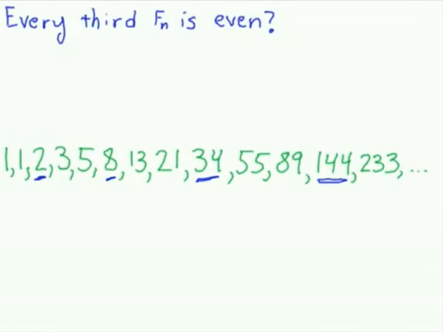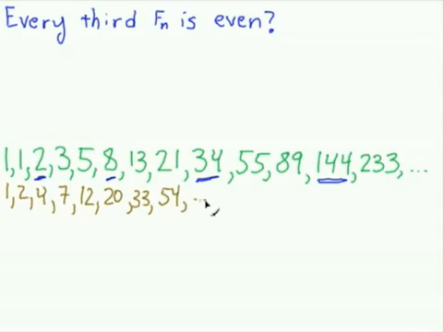Okay, here's another pattern that I can notice in the numbers. Let's say that I add up the beginning part of the sequence. So the first one is just 1. Then I'm going to add up the first 2 Fibonacci numbers. I'll get 2. If I add up the first 3 Fibonacci numbers, I get 4. Then if I add up the first 4, I'll have 7. The first 5 give me 12. The first 6 give me 20, 33,